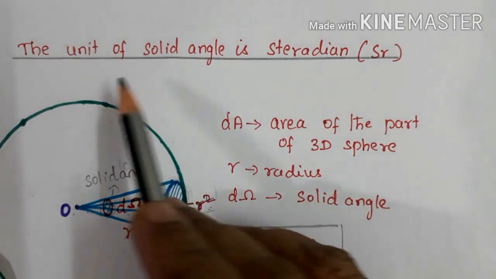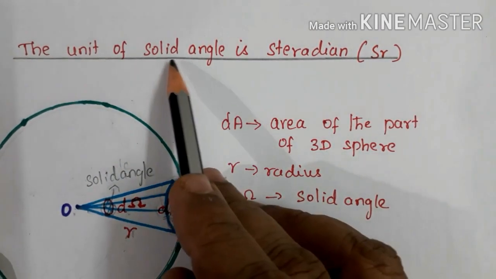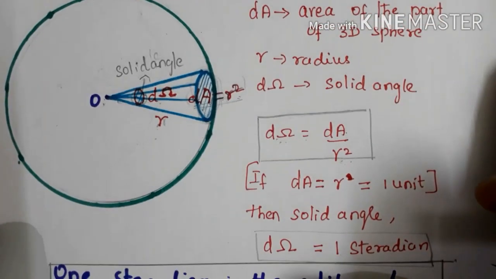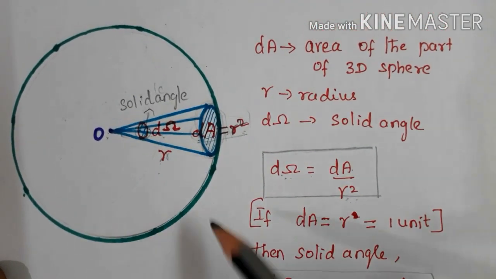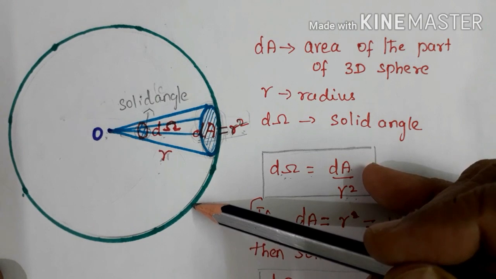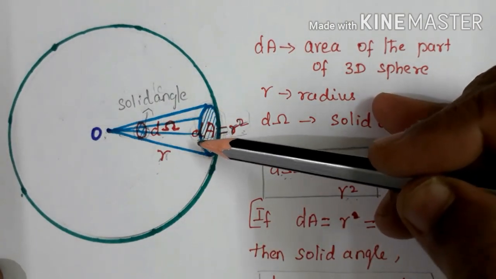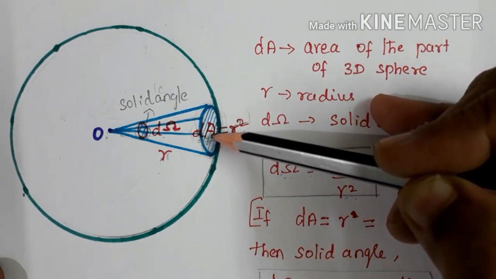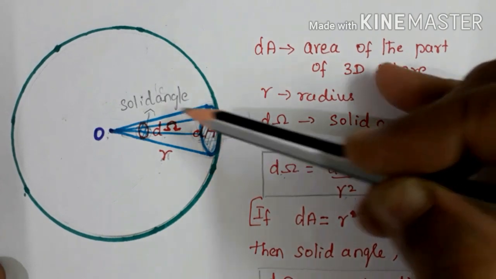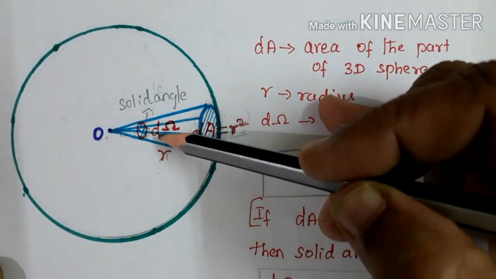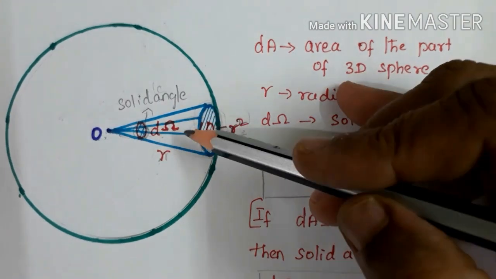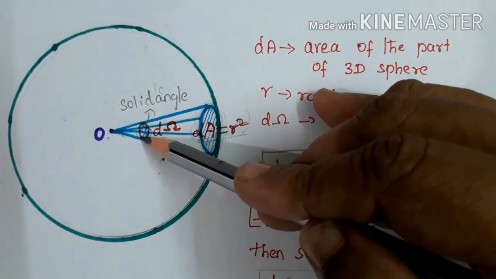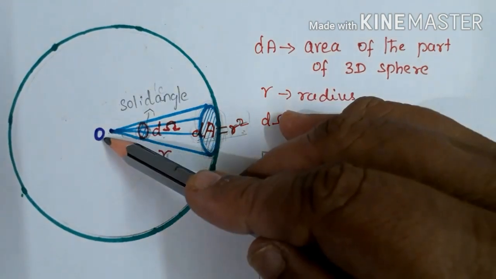Next we will learn about the solid angle, and the solid angle is measured in steradian. Solid angle you will measure in the case of a sphere. Now consider a sphere, like a watermelon. You cut a small circular surface, a small circle on the surface. The angle subtended by this circular surface at the center of the sphere, we call the solid angle.